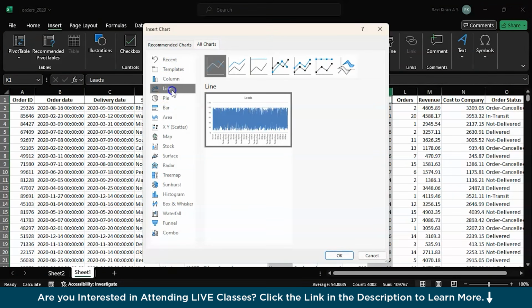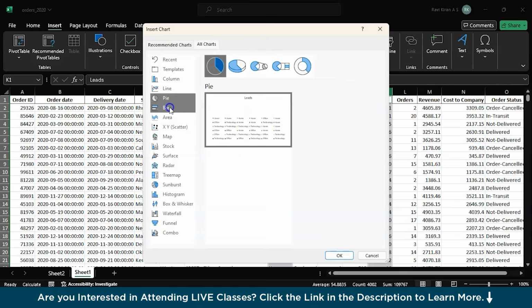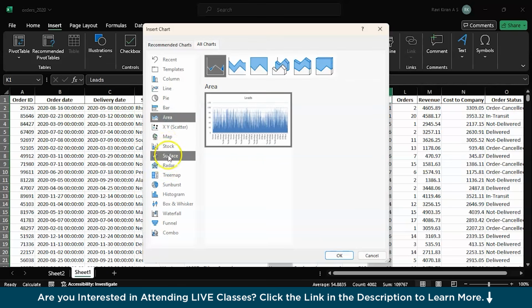And here we have line graph and pie chart, bar graph, area graph, etc. We will try to generate one example of each and every chart available here. And after that, the most important part of today's session, I will help you learn how to automate this particular